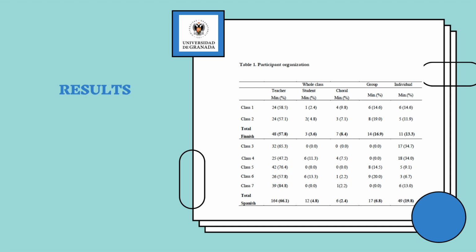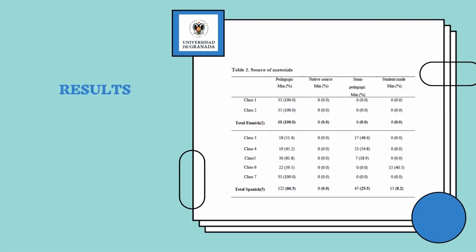In the Spanish school, 3/4 of the time was spent on whole class interaction, and the teacher is in charge of the whole class interaction most of the time. And it should be highlighted here that there was no group work in 3 of the 5 classes observed in the Spanish school. Also in the Finnish school, almost as much time was spent on whole class interaction.